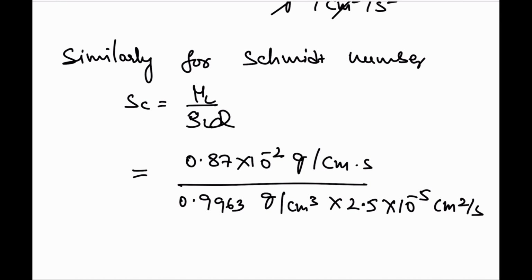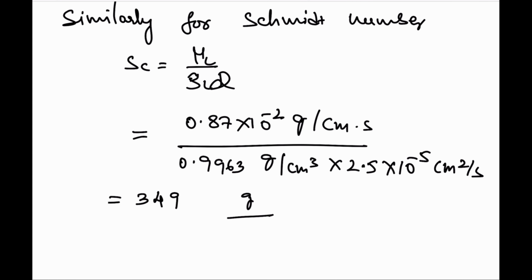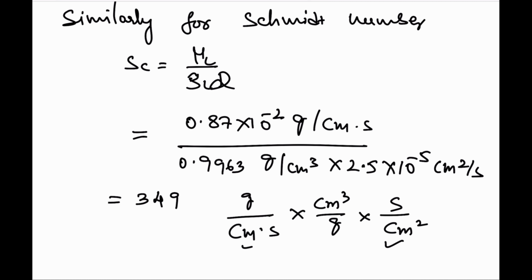Again you can check the consistency, that is gram per centimeter second multiplied by this one, it goes to the numerator, that is centimeter cube per gram into second per centimeter square. So this becomes centimeter cube, the gram gets cancelled, second gets cancelled, and again you end up with a dimensionless number. So therefore